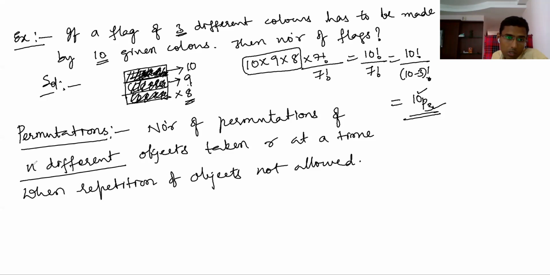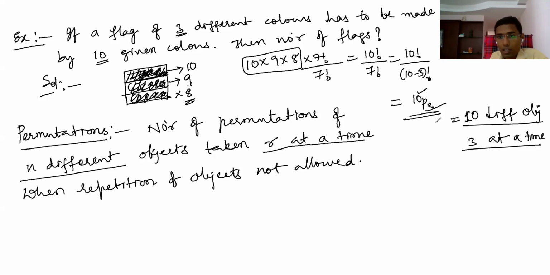So permutation means arrangement. Here it is r at a time. Now you have to take r objects and then arrange them. Let's say we have 10 different objects, same thing, and out of them you have to take 3 at a time. This is n and this is r. So 10 different objects, take 3 at a time. How many permutations? Permutation means arrangement, so you just keep 3 blanks. If you arrange in 3 blanks, you will get the number of arrangements.